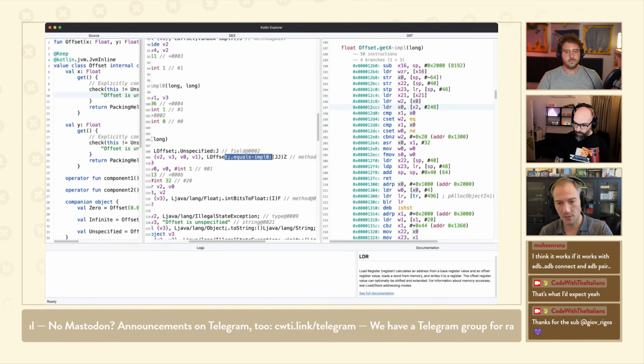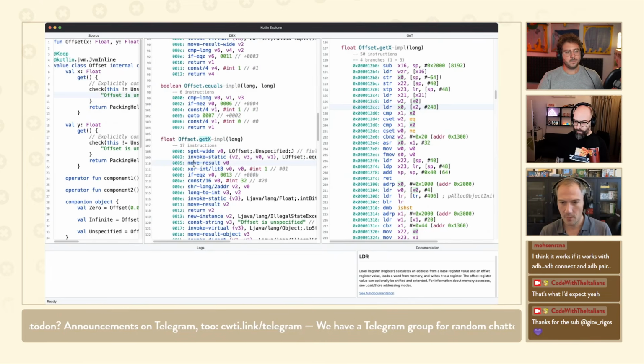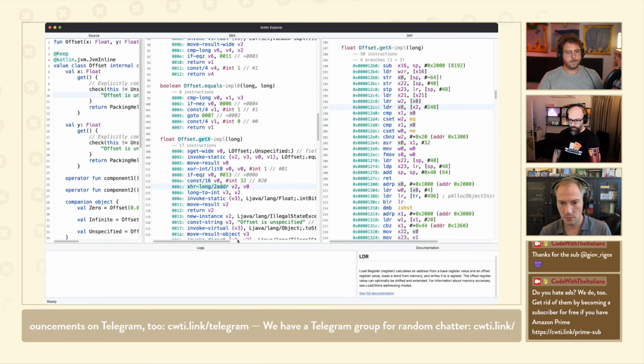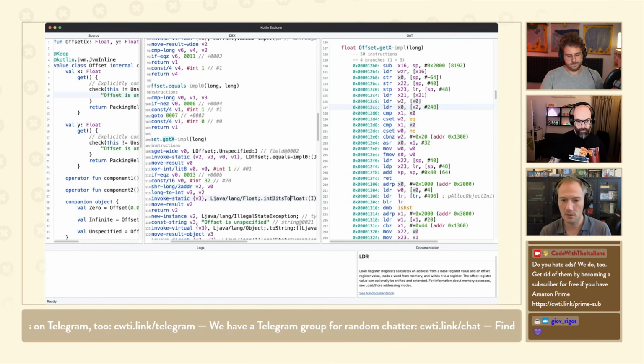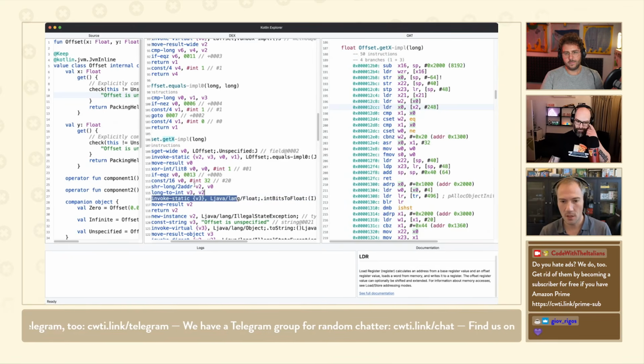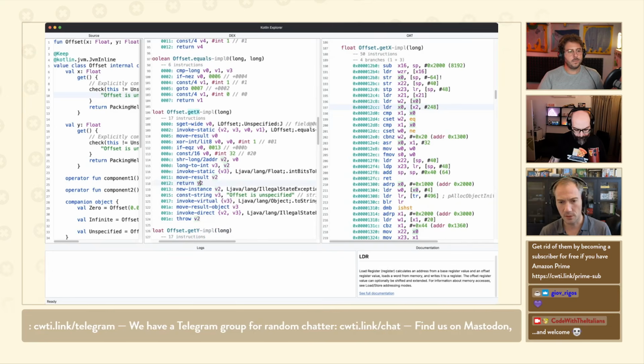We're checking if this equals unspecified. If not, there's a jump. Here we actually do the work, because we turn the bits into floats. So this is the actual work, and then there's a return. But then there's all that code after the return, right? After we exit the function.